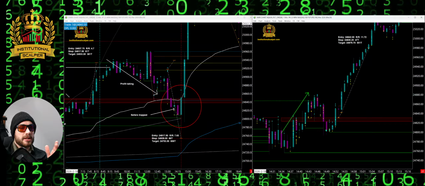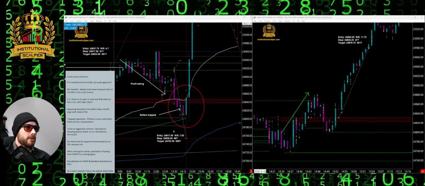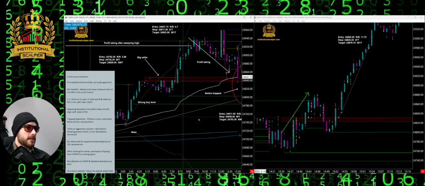And then when you start seeing it printing, you know that there's a big player coming in. So there's plenty of benefits to watching this stuff. Let me just check my notes because we're wrapping up. So yeah, support and resistance, the absorption lines, we've gone through that. Regaining footing, we've gone through that. Base retests. So with this, same as always,